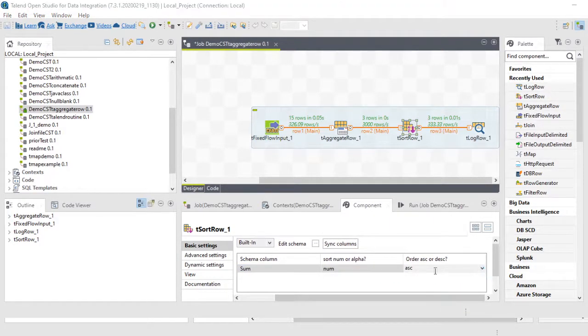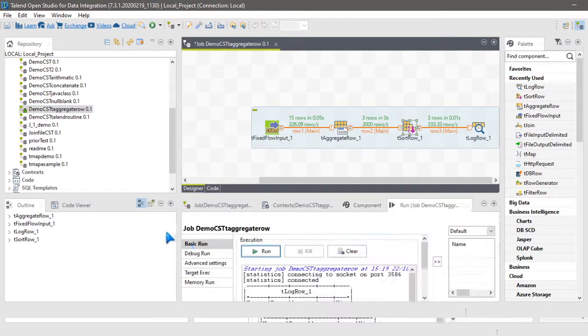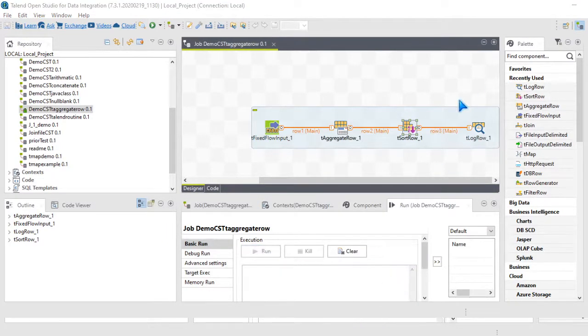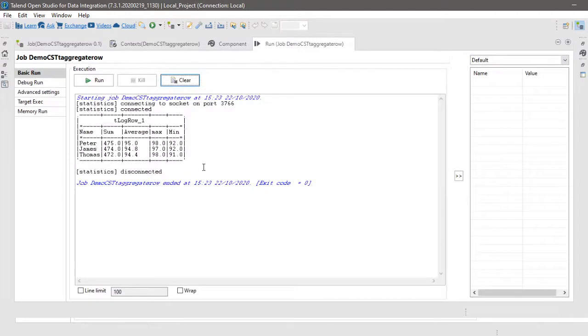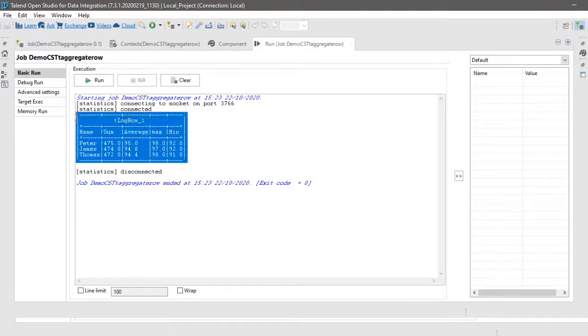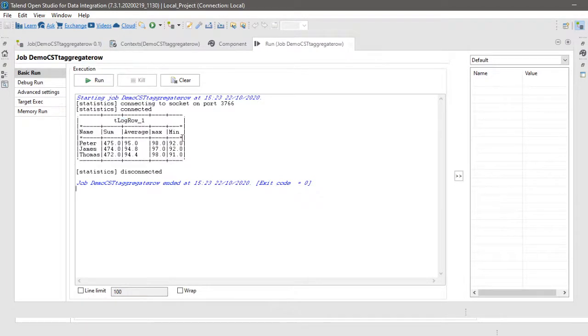Yes sir, num has to be selected. Then I will select descending order. Now you see how the output will change. Now see what is the change, how the values are arranged. There is only one row which is affected. According to sum, the first and second rows are interchanged. We are doing descending order sorting, right, based on the sum column.